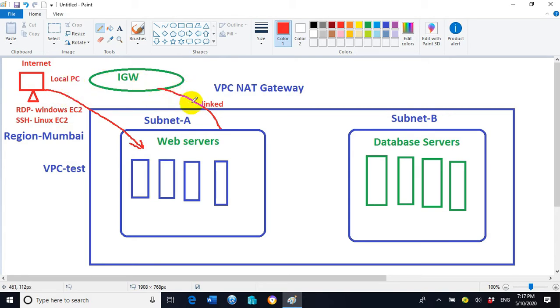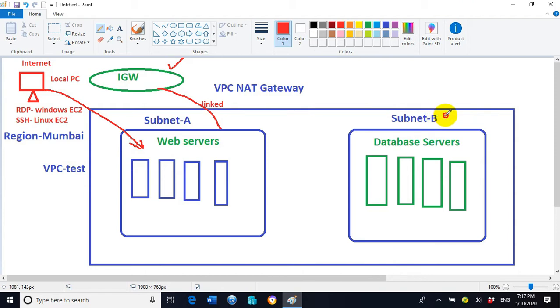If the internet gateway is not connected with subnet A, then the web servers inside subnet A cannot be accessed from the outside. And these web servers can also get internet access because of the internet gateway.